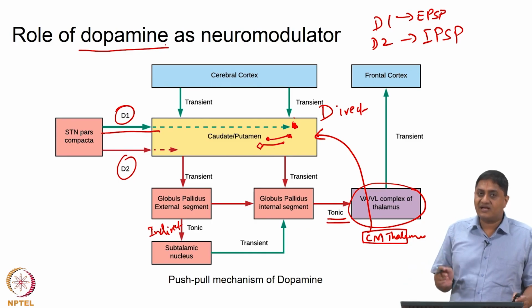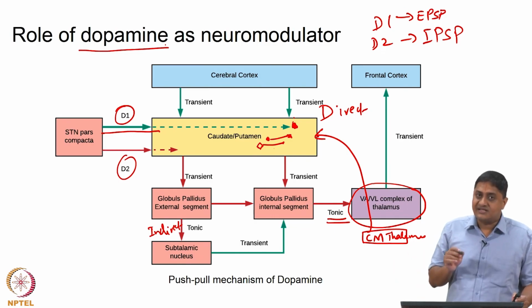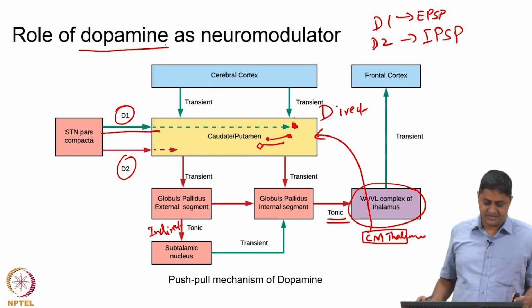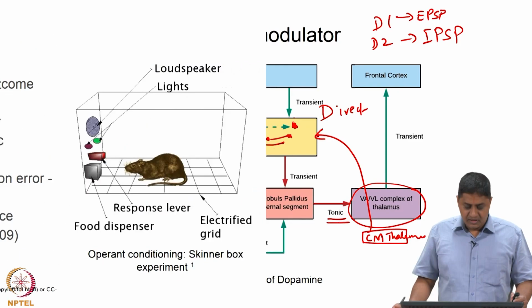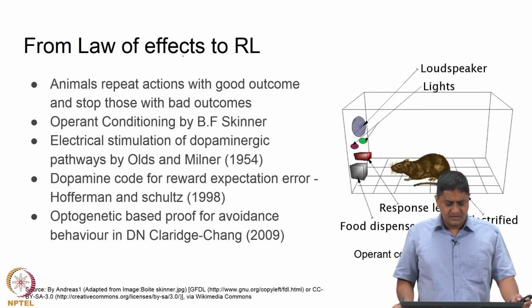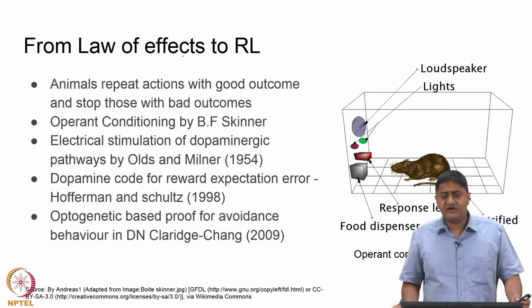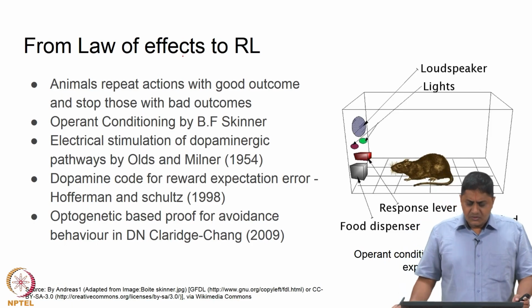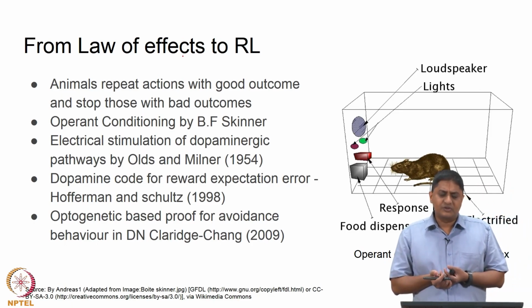Dopamine has a net excitatory influence on the thalamocortical neurons, on the major output of the basal ganglia. And then what happens, right? What is the other function of dopamine? That is the question. So, essentially something that we have known for a long time, for example close to a